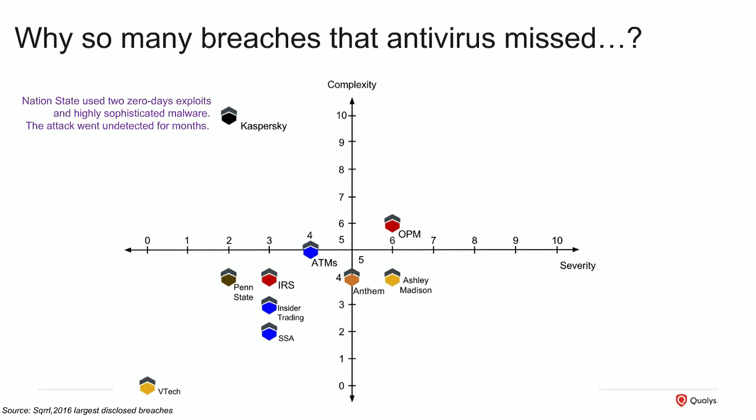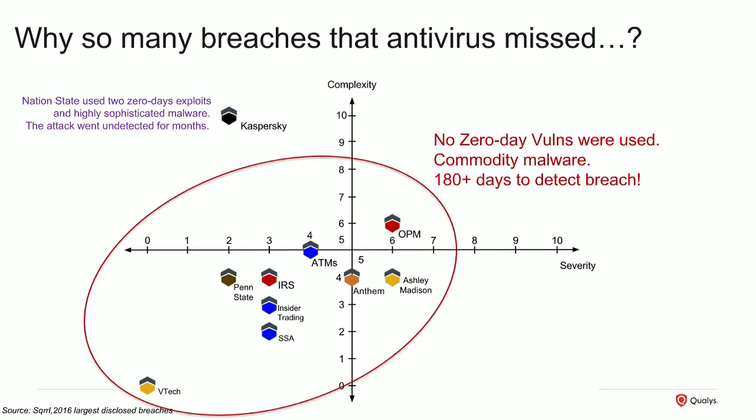But what I would like to talk more about today is about the vast majority of the rest successful attacks. Those are kind of attacks that were not sophisticated. They didn't use any kind of zero-day exploits or any kind of zero-day vulnerabilities. They were just plain commodity malware, and the average detection from the infection to the detection time is about 180 days. That's a huge number, and